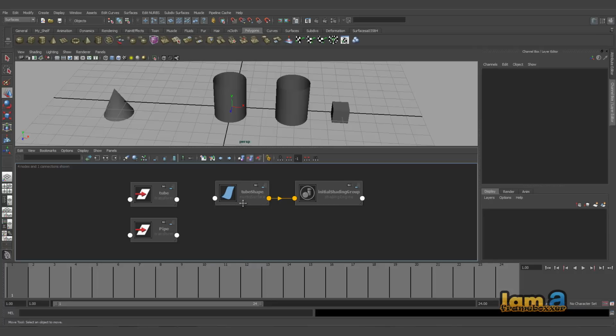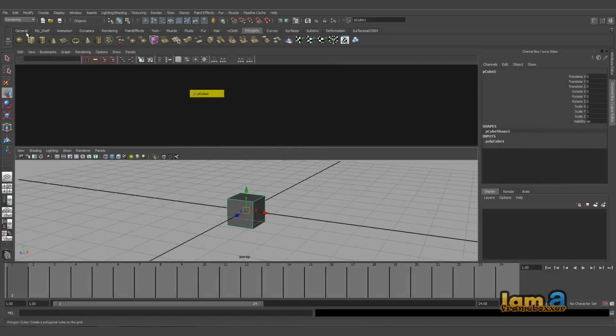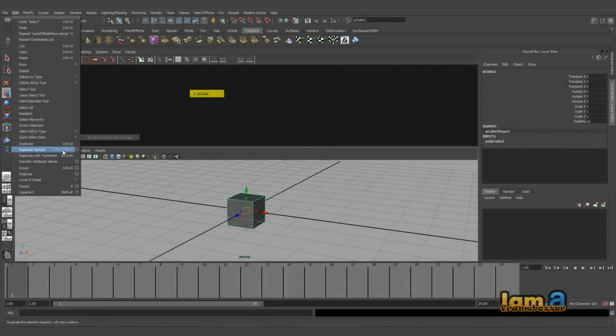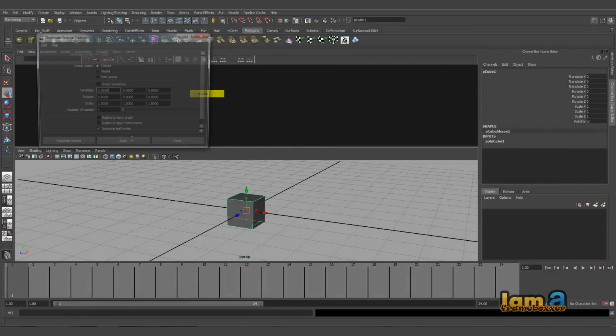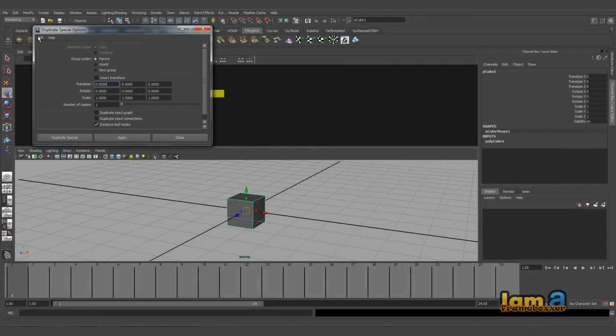So when you actually put in an instance node, you can see this: the moment I go and choose the shape node here, the tube shape, both of them get selected. That is the reason any change with this shape is actually transferred to this one also. It gets reciprocated on this one also. I hope this is a very powerful example to understand the shape node and you get this right. Let's also quickly go and explore Edit, Duplicate Special option box here. So if I go and reset the settings, most of the things are quite simple.